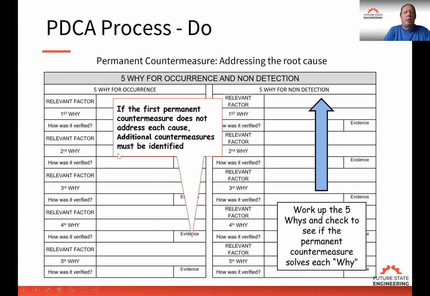Then once the permanent countermeasures are put in place, the most important thing is making sure that people change and start doing the new process. If we don't get everyone on board to do the new process, then we'll have some people doing the old process, some people doing the new process, and of course, you're not going to solve the problem doing that. So one of the keys of the do process is getting everybody on board and making sure everybody transitions to the new permanent countermeasures so that the problem will actually disappear and it'll be sustainable so the problem doesn't reoccur.